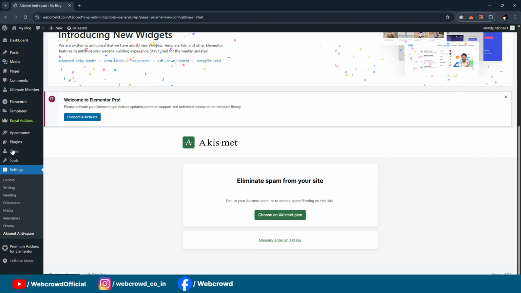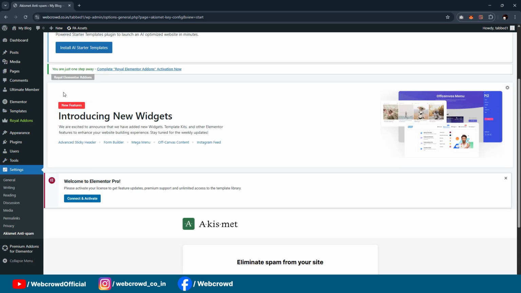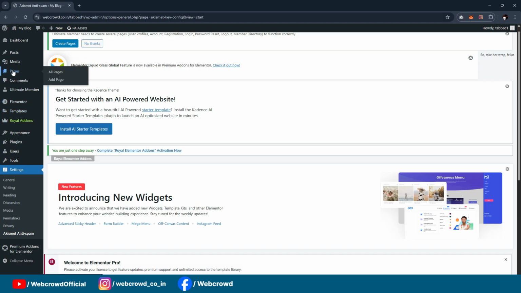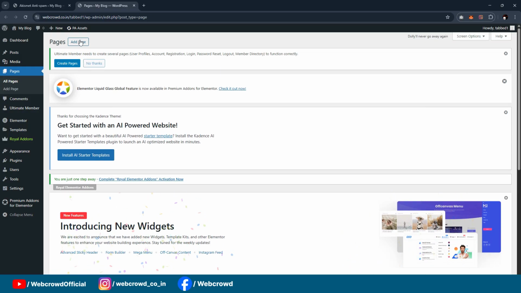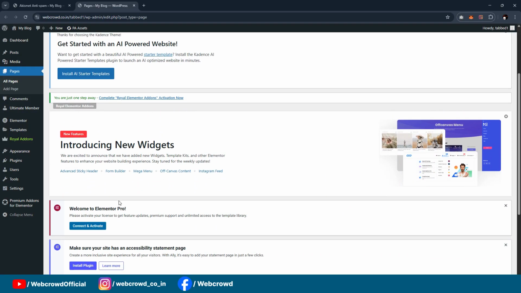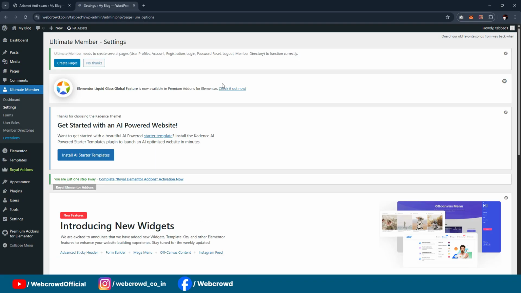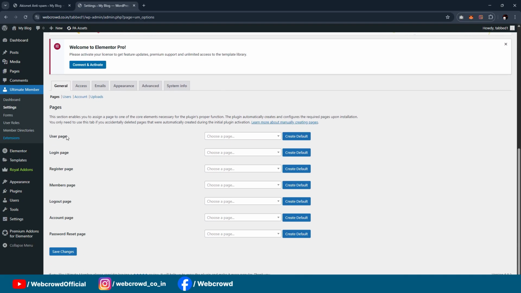Alright, so all the plugins have been installed successfully. Now go to pages, let's create the pages. First, what we need, just go to Ultimate Member. Everyone is familiar with this Ultimate Member and knows how to create the default pages. Here we don't need the user page, we need